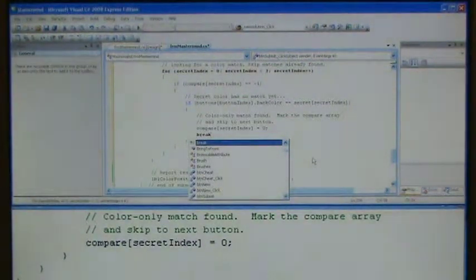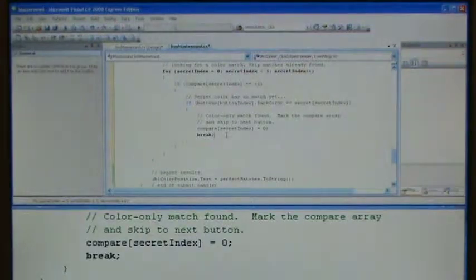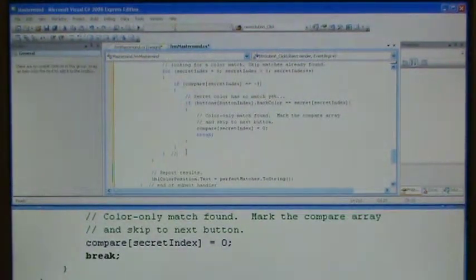This is the same word, the same statement that steps out of a case in a switch, right? But it also works in a for loop in that it takes you out of the rest of this for loop. It will not run through the remaining values of your step variable. Okay? As soon as it hits this, it'll execute the next line after the end of this for statement. Okay? Which is,